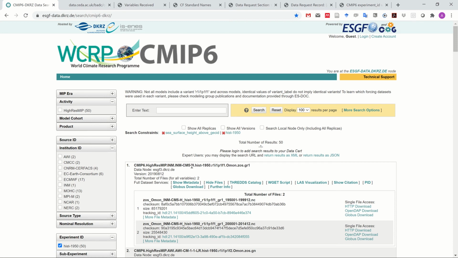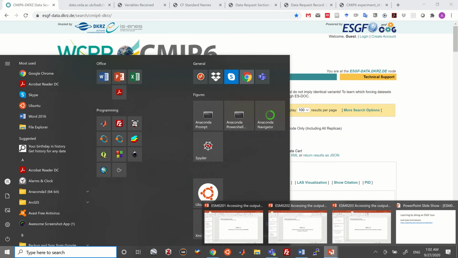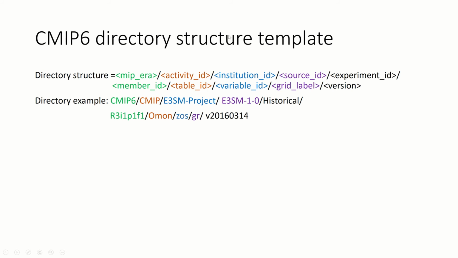Now we will learn about this directory name and file name. We'll look at this in more detail, to make you familiar with it. Okay, so we go here. We did this tour. Okay, so the directory structure, as we see, we start with the MIP era, for example,